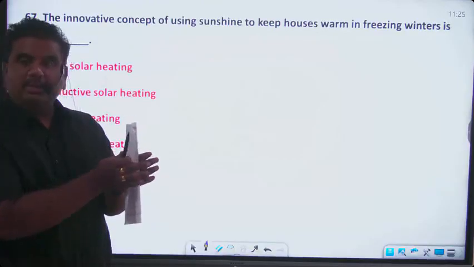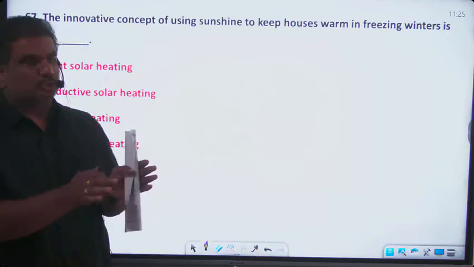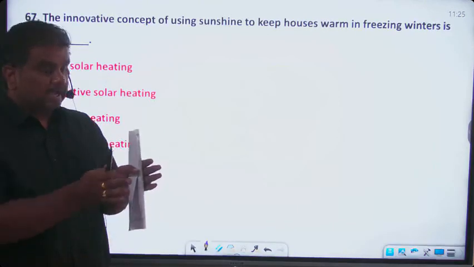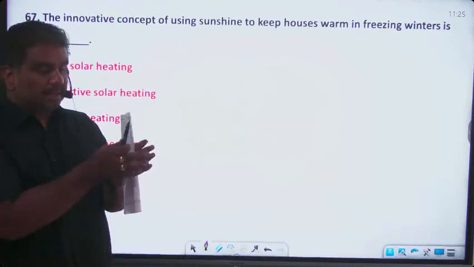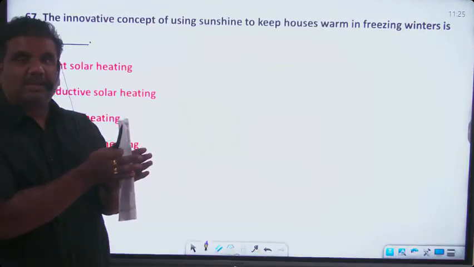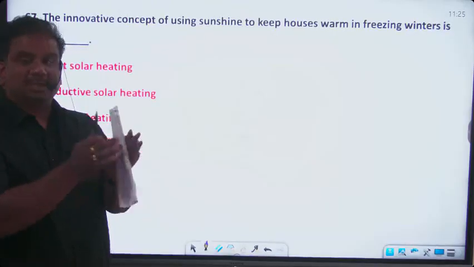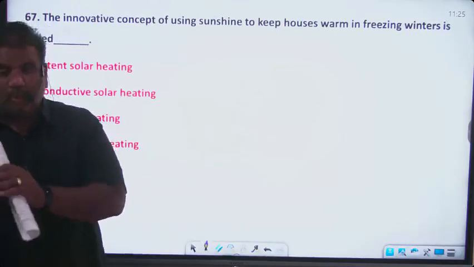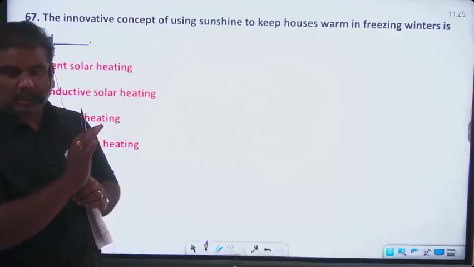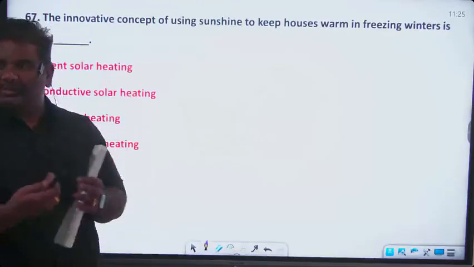So during the daytime, whatever the sunlight that enters into your houses or the room, in the evening time, the air present between the two glasses is acting as a poor conducting material and it is not allowing the heat which is present inside the room to go out. And in that particular case, daytime you are opening the windows so that the room is getting heated up,